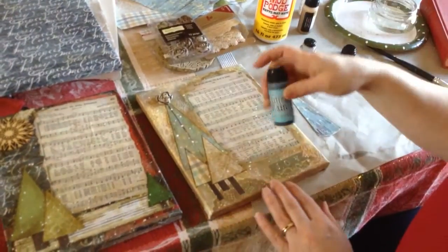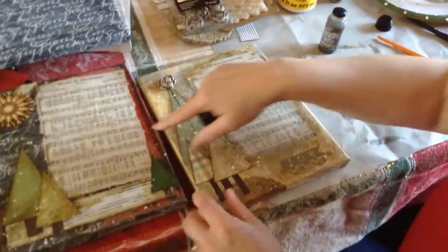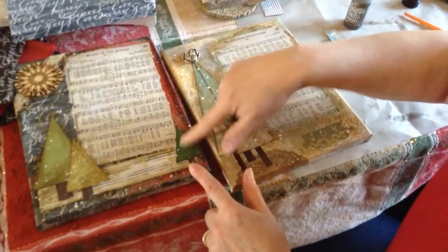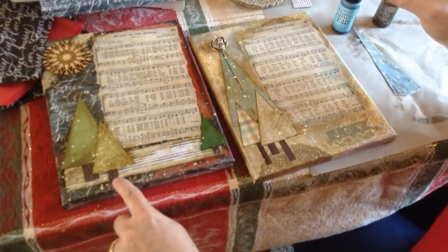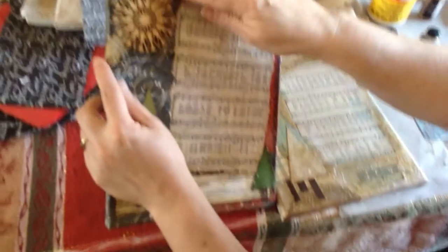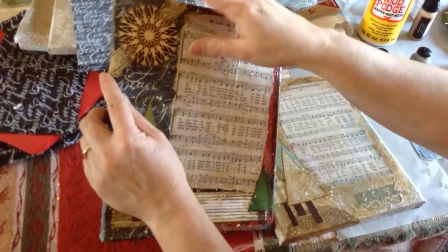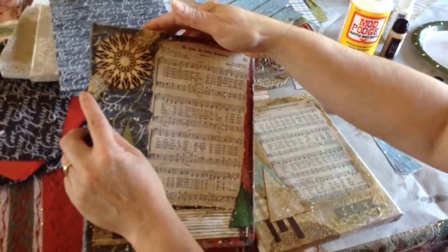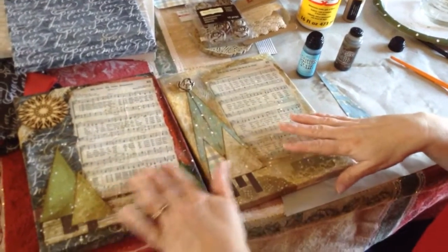I used some of this blue stain in there. You can see how there's a little bit of blue stain in here. I just took my finger and I rubbed it on the edges, rubbed it into the tree, rubbed it onto the edges of this corrugated decorative. I rubbed it onto the ribbon that's there, and gesso, or I keep saying gesso, but I don't use gesso, I use Mod Podge. Put the Mod Podge on there, and then after it's completely dry,